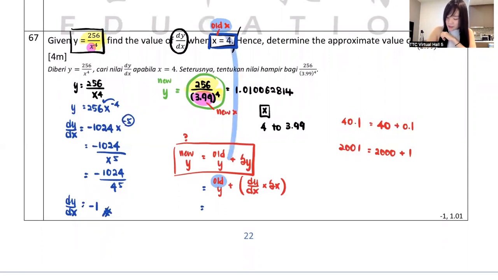So you see, if I sub inside the equation of Y, easily it will become 256 over the X, just become 4. Because you sub 4 inside, you get OY. You sub 3.99 inside, you get new Y. So isn't it you sub 4? Obviously, it's the OY lah. Correct? And then plus